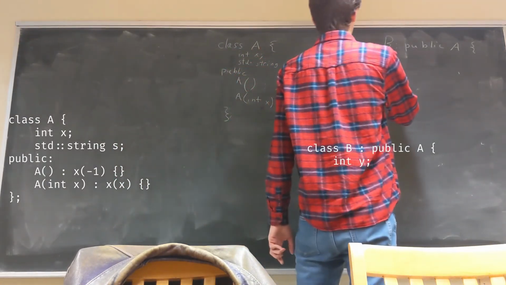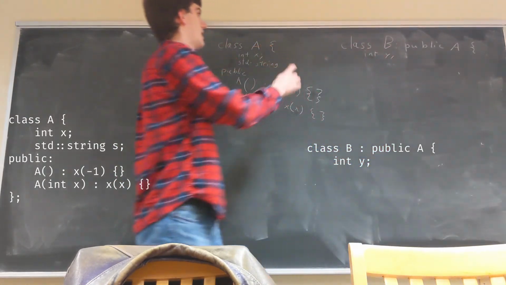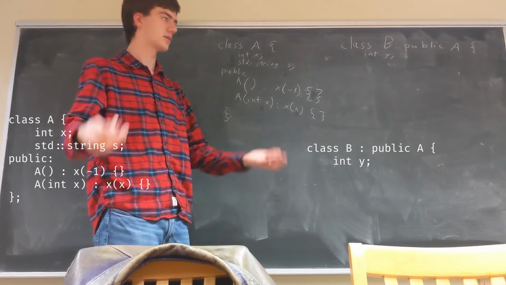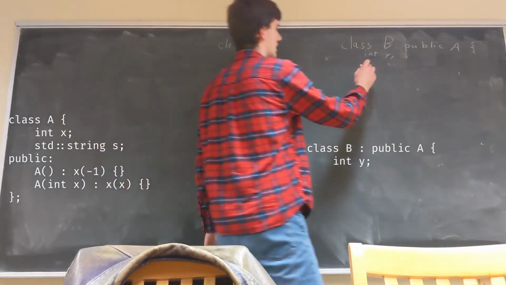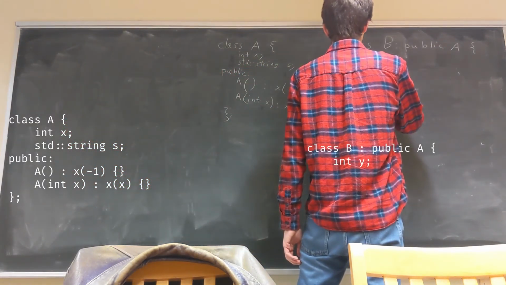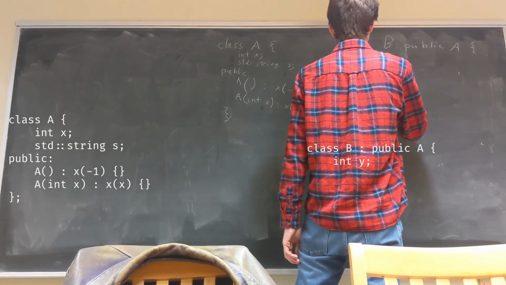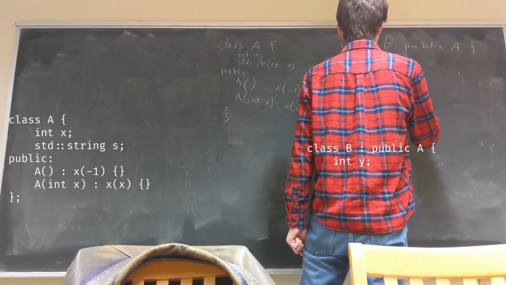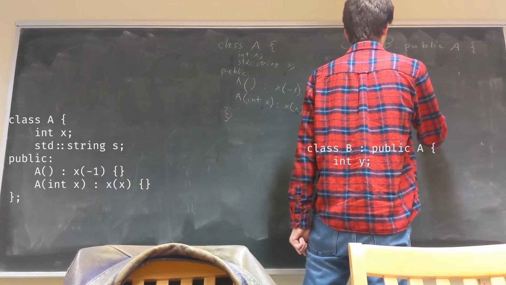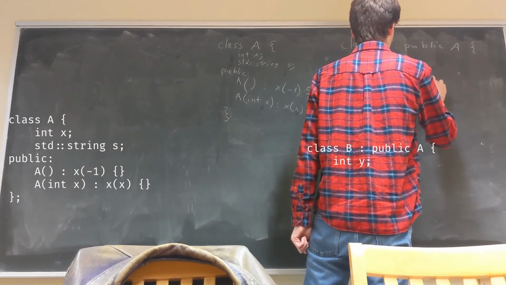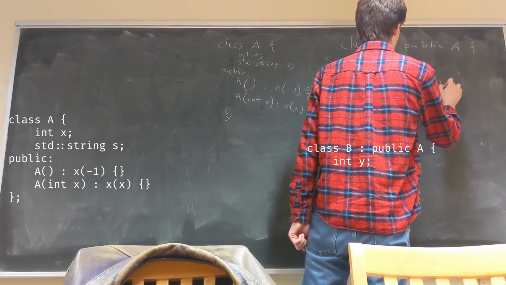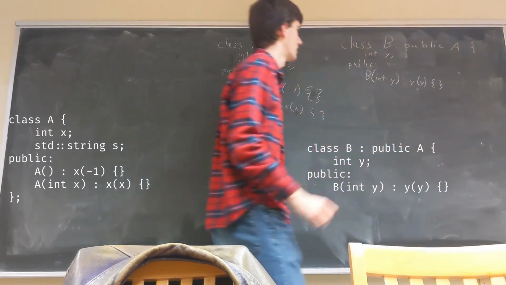So that object of type A also needs to be constructed. So by default, if we just had a rather simple constructor like that,